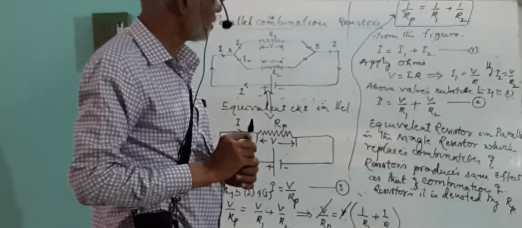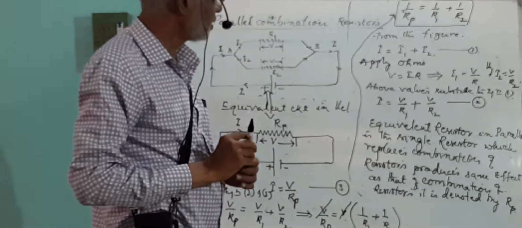In the examination, sometimes in order to twist the question, they ask you to state the law of parallel combination of resistors. Many students mug up the statements without knowing the concept. As you know, physics is the language of mathematics. Once we know that language, you can easily put it into statement form. The question may be to state the parallel combination of resistance law, or there is a practical to verify the law of parallel combination of resistors.